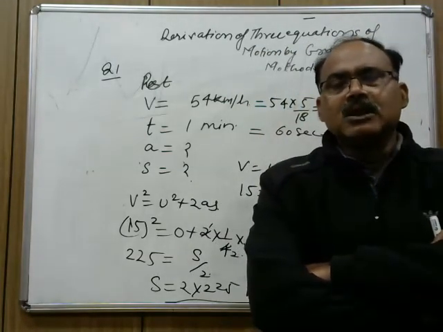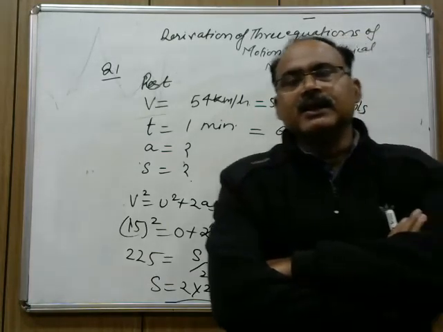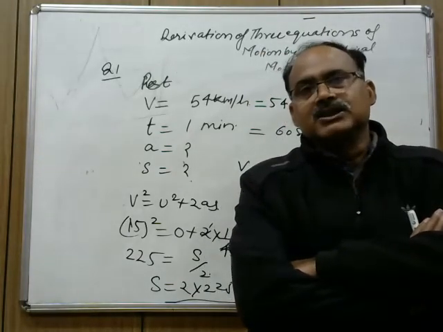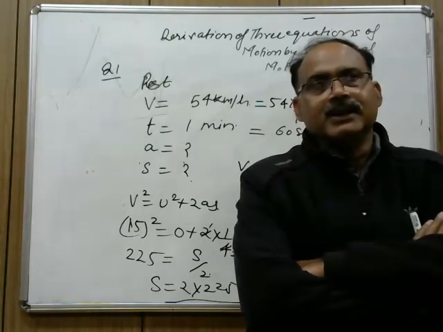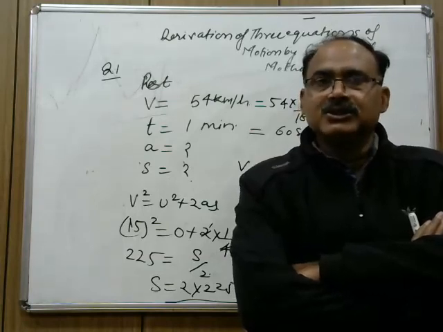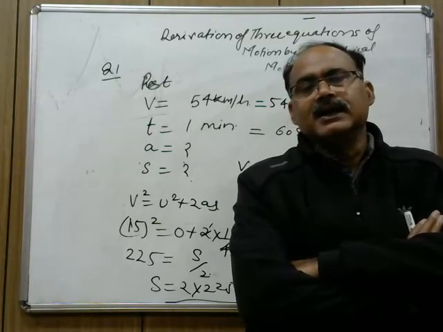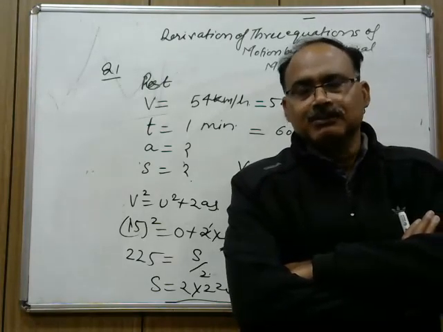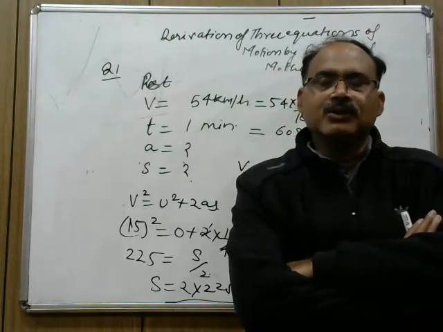So this is all about this lecture, and in the next lecture we will take relative velocity in one dimension, that is the addition and subtraction of velocities of bodies when they move either in the same direction or in opposite directions. So the assignment for this lecture is that you must practice at least 10 to 15 questions based on equations of motion, and then you will have proficiency in calculating the various quantities.